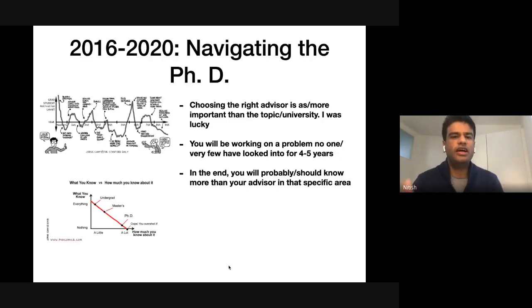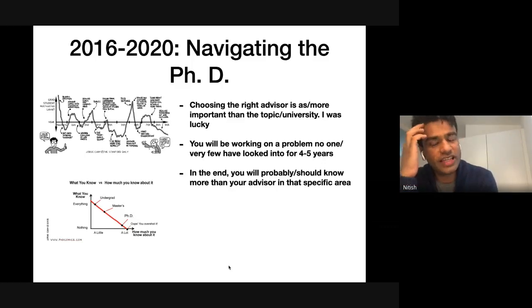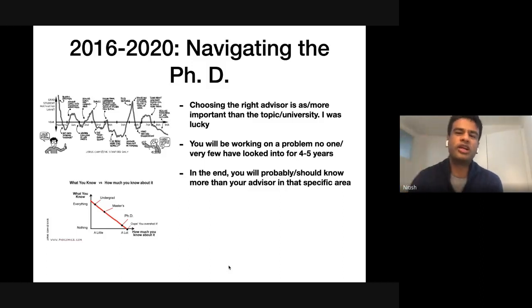So a PhD, like all of you know, is a long time. In Europe, it's usually 3 to 4 years. And in the US, it's a bit longer. It's typically 4 to 5 years. And I think choosing the right advisor is probably as important or even more important than the topic or the university that you're in. I think this is something that you really have to stress on. Everyone should know that when you're doing a PhD specifically, having the right advisor is probably the most important